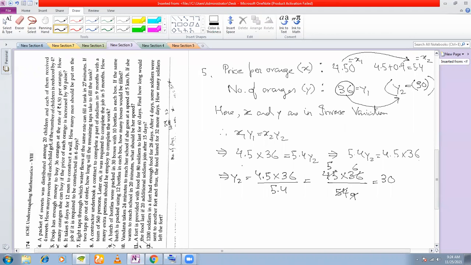That is the most simple example that you can come across. So if the number of oranges increases and the price decreases, it would be a direct variation. Am I right? See, normally the relation between price and quantity is an inverse variation. Because if you increase the price, obviously you will not be able to buy as much, right? Your income is the same.